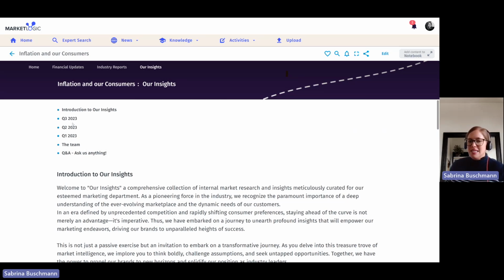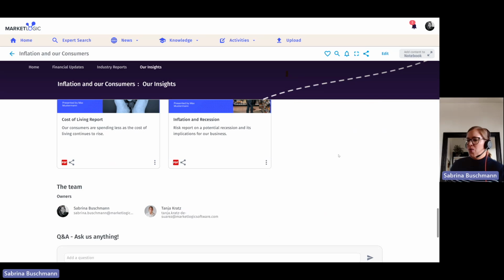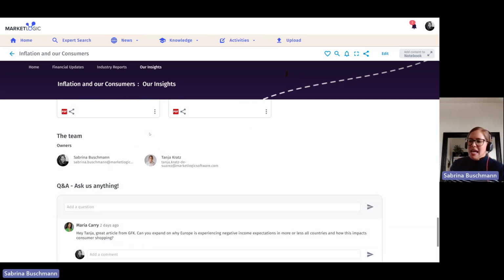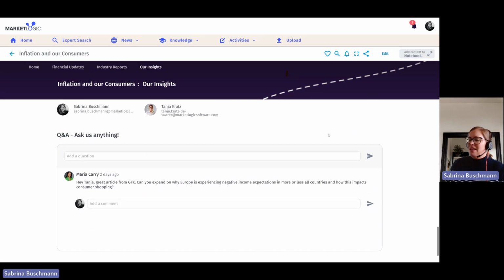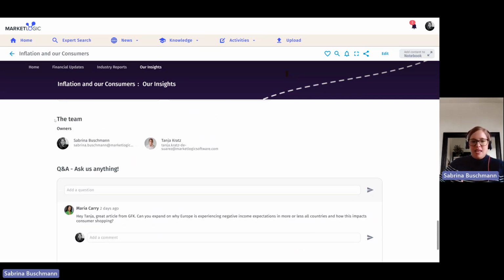The table of content, of course, is also interactive. So I can just click on it to be taken to the section that interests me most. Again, I have a little team introduction here. Someone used the Q&A widget option, which allows visitors and stakeholders to publicly post questions. And then the team members of the Knowledge Zone would be notified. They can reply to the question and in the end build a customized FAQ and hopefully understand stakeholders even better